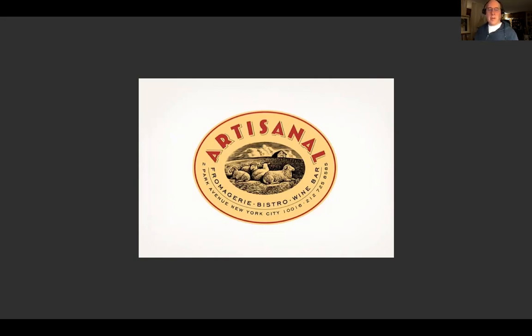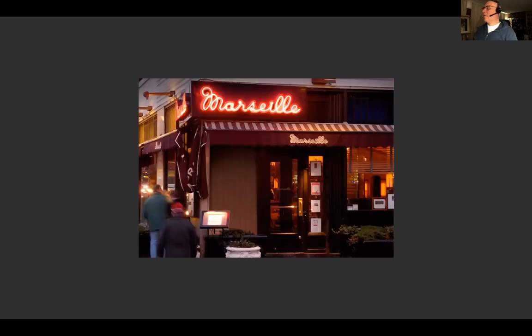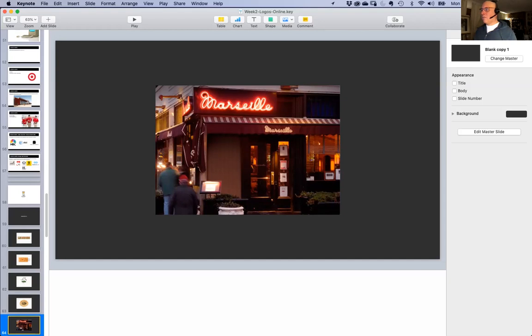This is what you want to do. You want to spark people's imagination so they picture themselves using the product, being amazing, having a great life, whatever it is. This is another restaurant she did in New York called Marseille, and it just feels like the southern coast of France, and you can imagine the seafood and the wine and the music, and it just warms you up. You can see the people in winter coats outside. Spark people's imagination. I'm going to skip the video that I normally show because we're kind of slow on time,